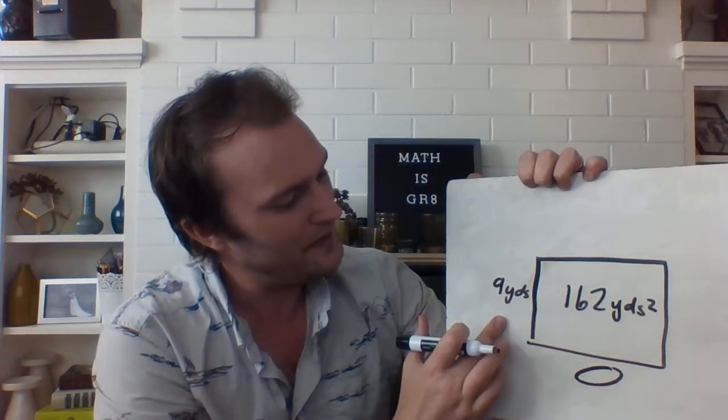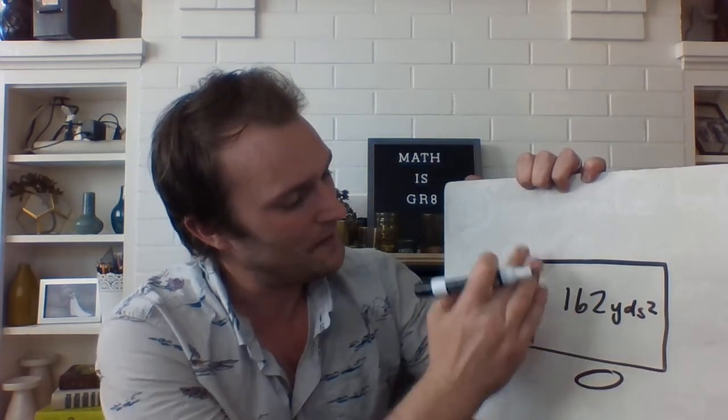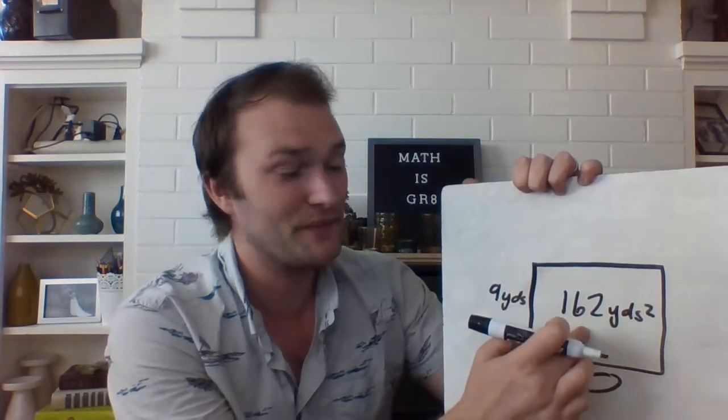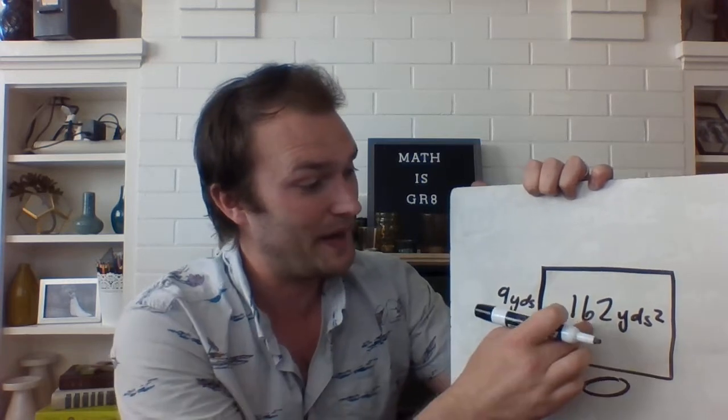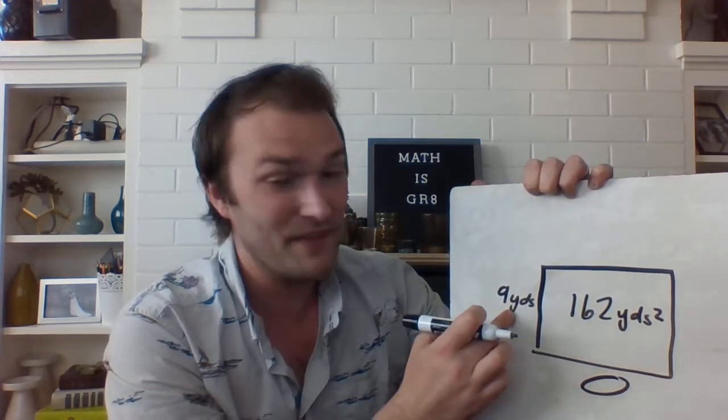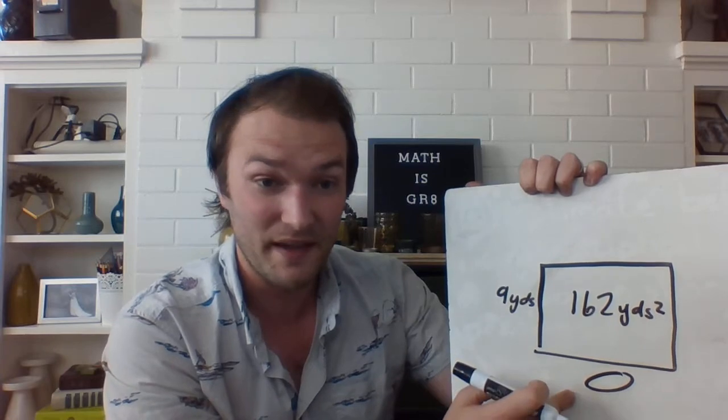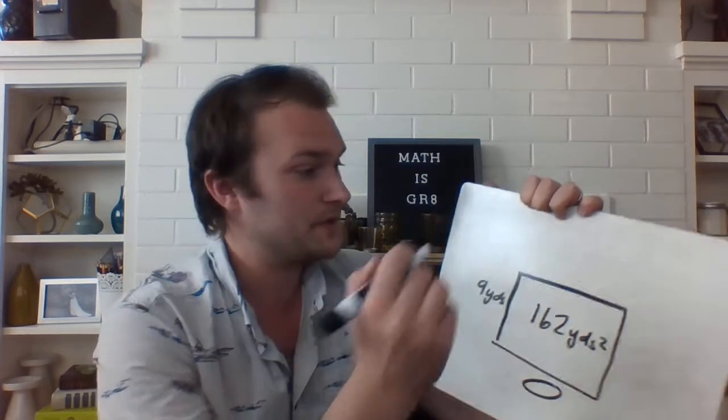If this length times this length gives me my area, then I can use my area and divide by this length to figure out what this length is going to be. So I'm going to set up that equation first. I'm going to write down